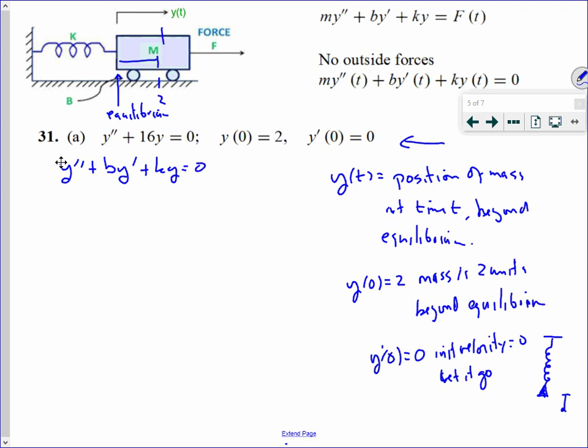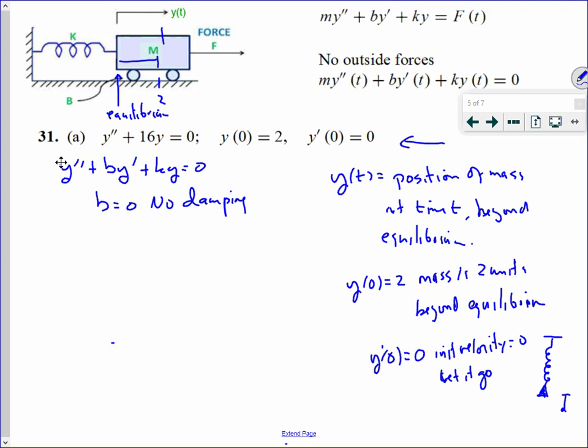Okay, so I'm just copying down the spring mass damper equation here, and we see that there's no y prime term. We have a spring constant of 16, but b is equal to 0. So this means no damping. That b was the damping constant, which might be friction or it might be something else. You might have this thing attached to some sort of piston that's working like a shock absorber. There's no damping. Right. So the situation is then,